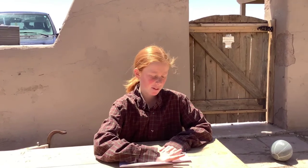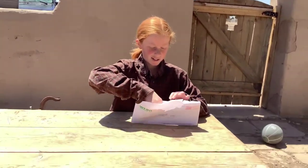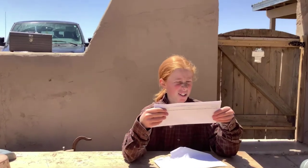And then once they start showing signs of deficiencies of what it says they have enough of, that's when I'll start feeding them that. Okay, so this is my first time doing this. I'm really excited to see. Okay, so